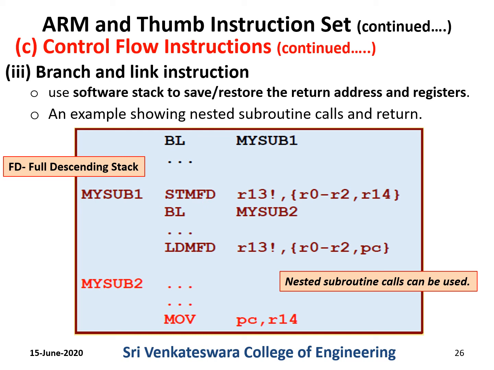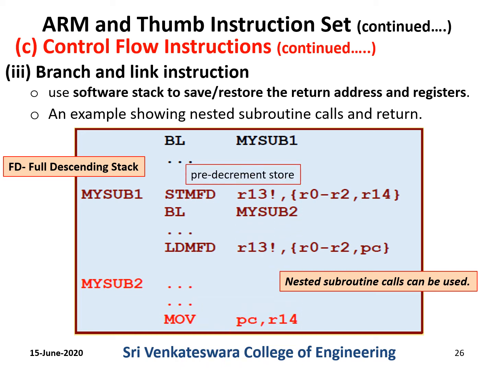So in this instruction, there must be a register which is holding the address of a memory location as base address, and there should be a list of registers which we want to save, which should compulsorily include R14, because R14 is now holding the program counter content of the main program, and R13 is also auto decremented.